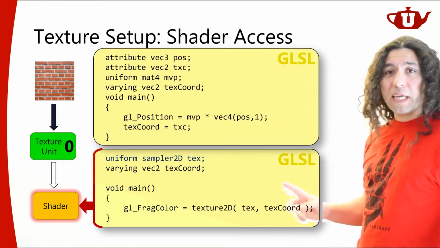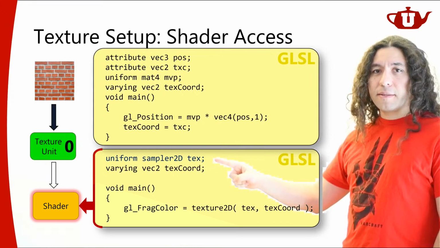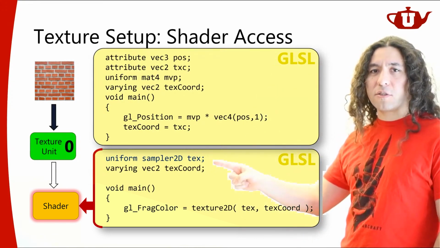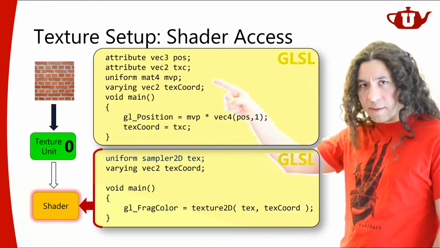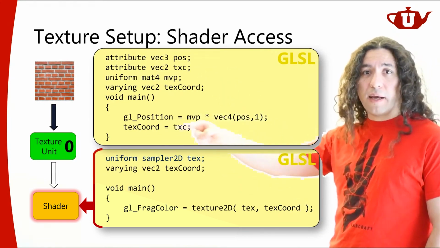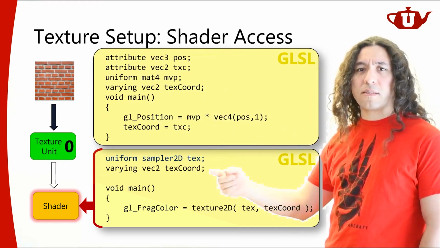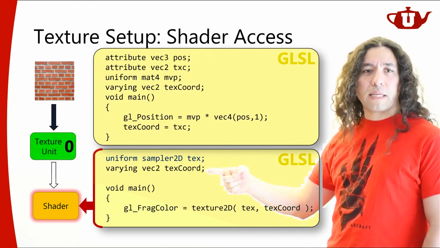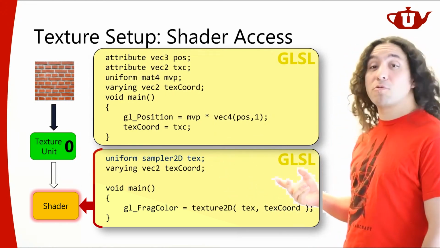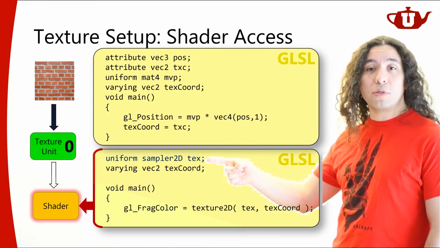So the important bit here is this guy. So we know everything else. We know how to connect everything else. The only thing we're not sure about is this guy. So this is going to be an attribute here in this case, and I'm just assigning it to the varying value text coordinate, and the texture coordinate is sent over here through my rasterizer. The only thing that is sort of unclear that we haven't talked about just yet is how to set this uniform sampler 2D text.